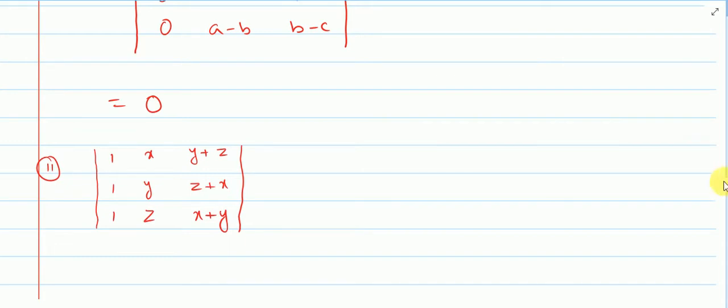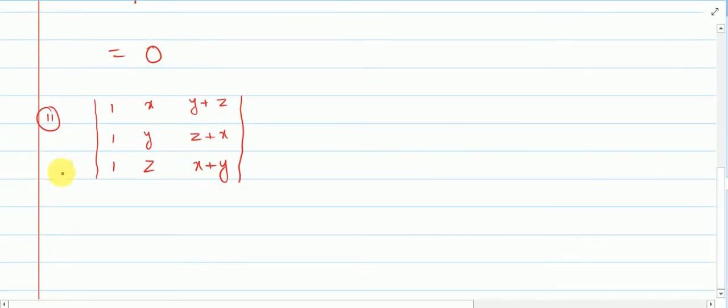Now question number 2. Here you should always remember that when we are trying to use the property, we always try to get something common outside. Sometimes just by looking at the determinant you can see something is common in any row or a column. But in some cases you don't get common in the very first step. You should add something, like some rows should be added or some columns should be added in order to get something common in any row or column. Like here if you see,